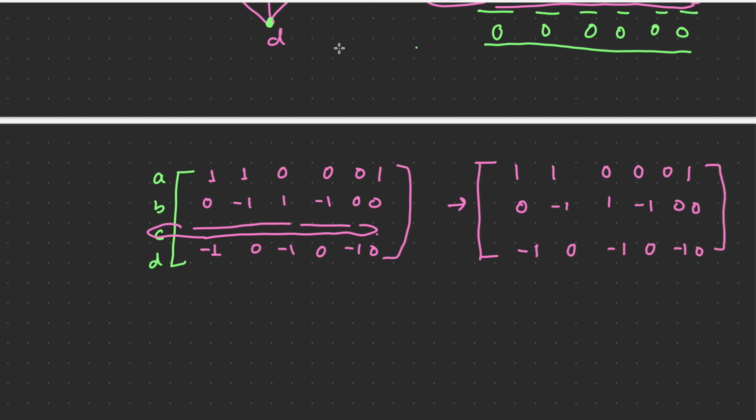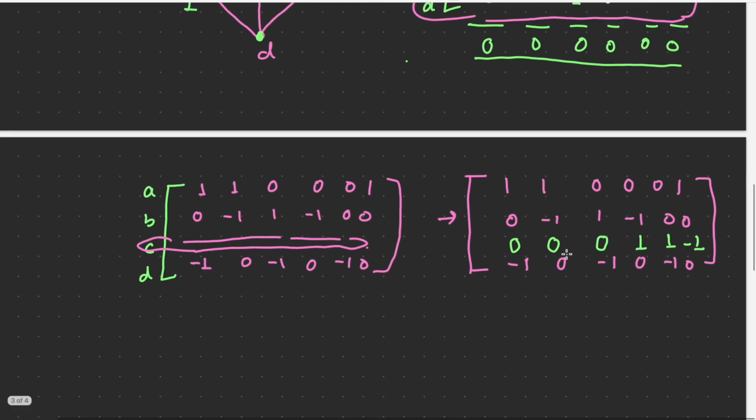We have to fill the third row. The third row should give us an addition of 0. So 1 plus 0 -1 is already 0, so it should be 0. This is also giving us 0, so this element will be 0. Here also we have 0 plus 1 -1 as 0, so this element will also be 0. Here we have 0, -1 and 0, so this is not 0, so here it should be +1. In the same way here also it should be +1, and here it should be -1.